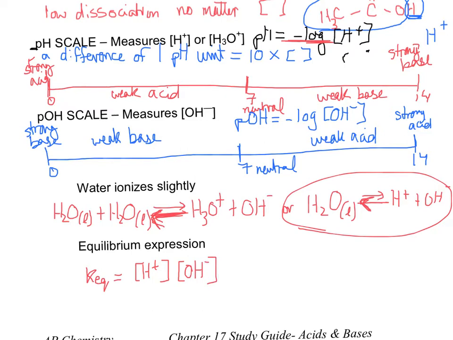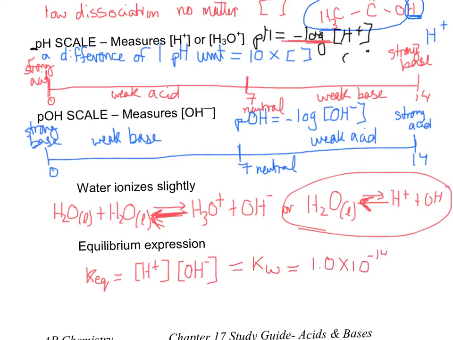Or, if you wanted to write it for this one here, you can write it as H3O plus times OH minus. Either one, it's the same thing again because H plus concentration is the same thing as the H3O plus concentration. We do not include the water in our equilibrium because it's a liquid. Because this is a special reaction, the dissociation of water, it doesn't just get Kc as the name for it, so it gets the name Kw. So Kw is the water dissociation constant, and it's always the same, and it's always 1.0 times 10 to